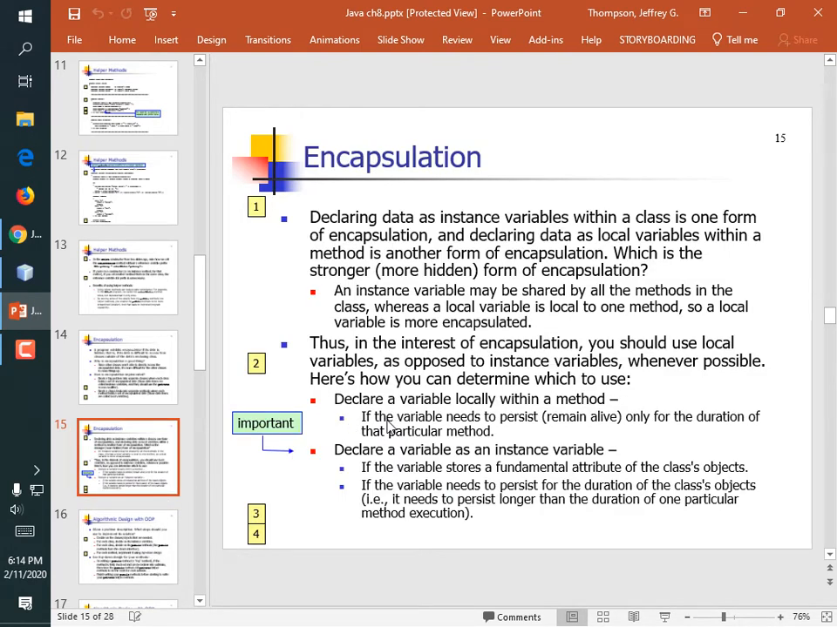So when do you declare things locally within a method? If the variable only needs to remain alive for the duration of that particular method, make it a local variable. Like area in that case, right? Only that one method needs to make an area method to return it. Nothing else does. Like any setters, right? Set radius doesn't need area method